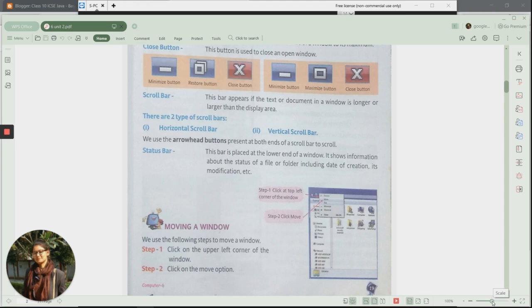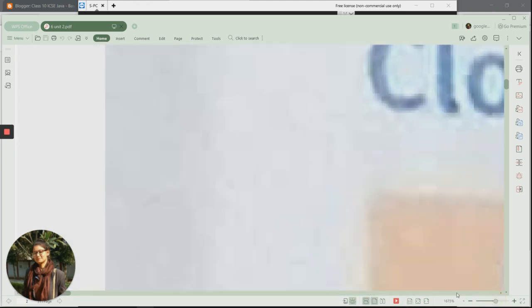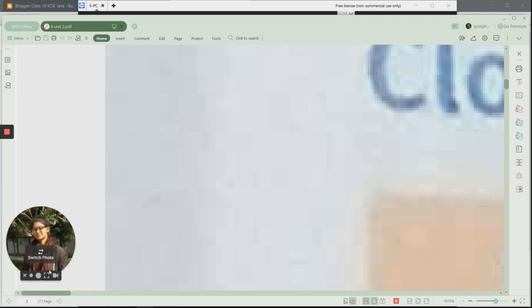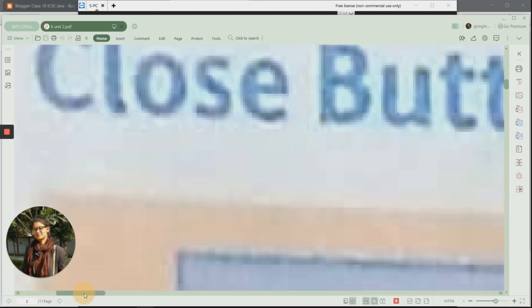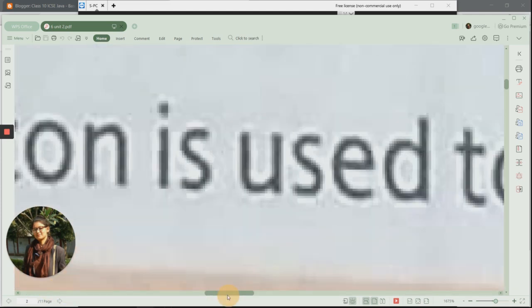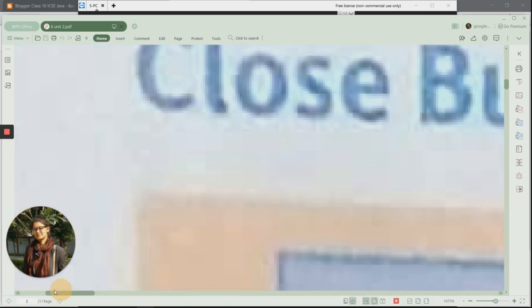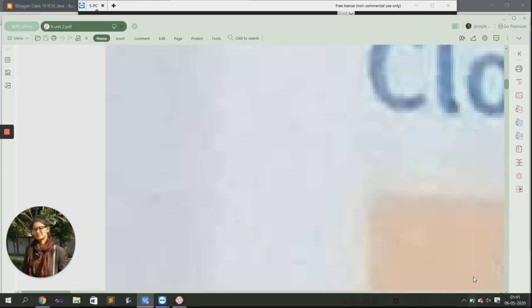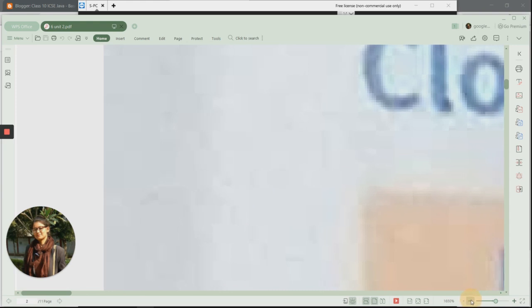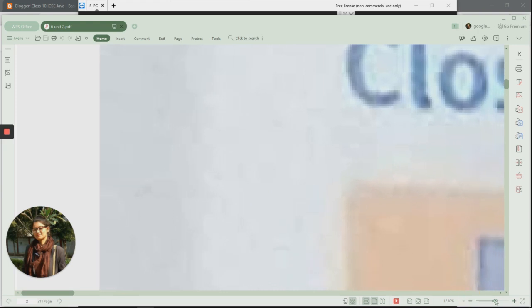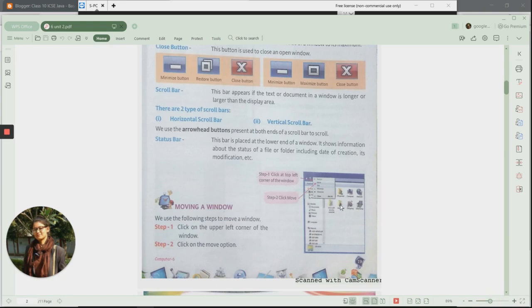Likewise you can see if I just zoom this thing out. This is restoring our thing to the back position. Now over there, so these are basically two types of scroll bars: horizontal scroll bar as well as your vertical scroll bar.